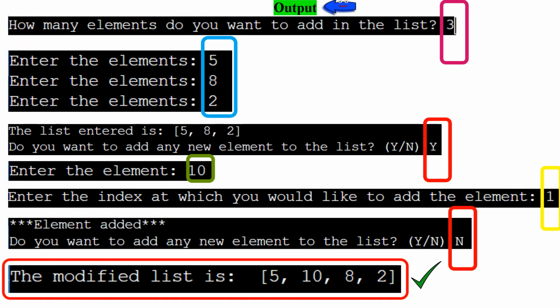Let's see the output. How many elements do you want to add in the list? The user has entered 3. When pressed Enter key, it asks the user to enter the elements. The user enters 5, 8, 2 respectively. When pressed Enter key, the message "the list entered is list containing elements 5, 8, 2" is displayed and it